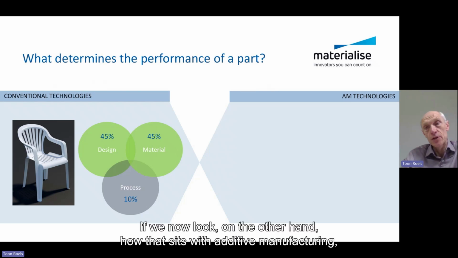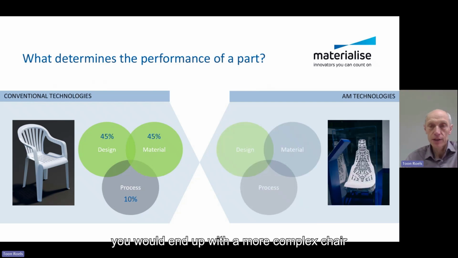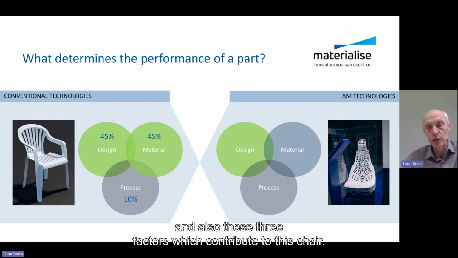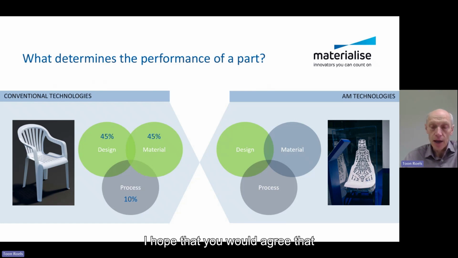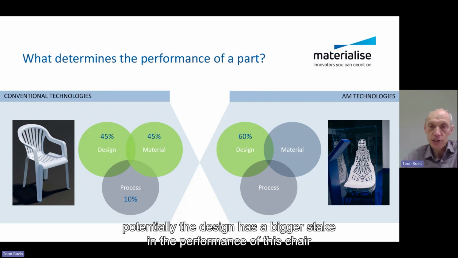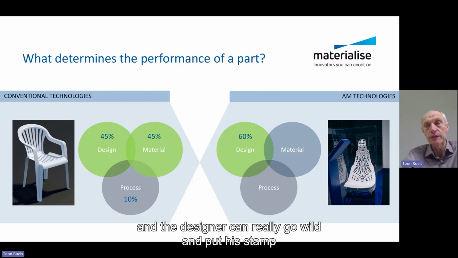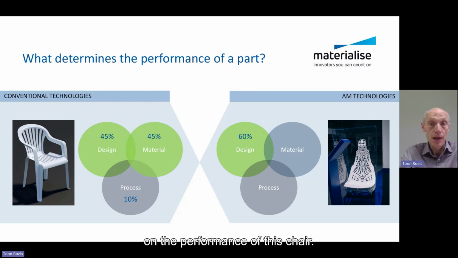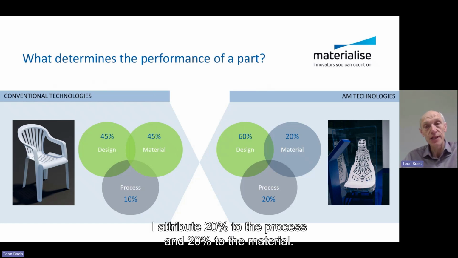If we now look at how that sits with additive manufacturing, you would end up with a more complex chair, and also these 3 factors would contribute to this chair. But as we praise 3D printing for the design freedom, I hope that you would agree that potentially the designer has a bigger stake in the performance of this chair than all of the other components. You use 3D printing for the freedom of design, and the designer can really go wild and put his stamp on the performance of this chair. And as I only have 100% to divide, I attribute 20% to the process and 20% to